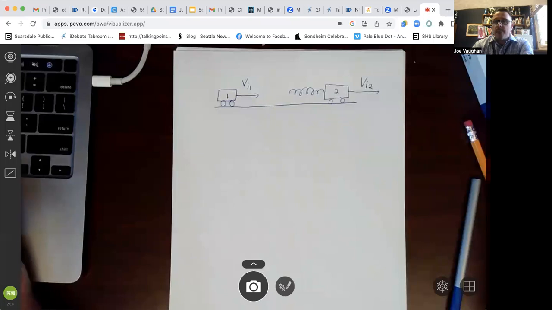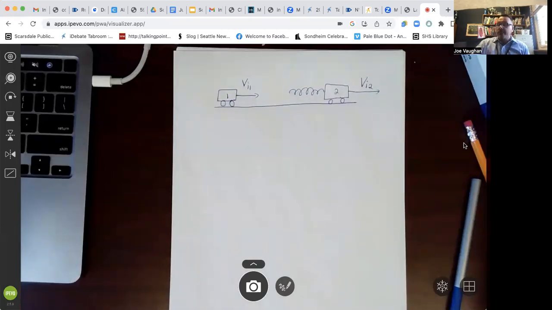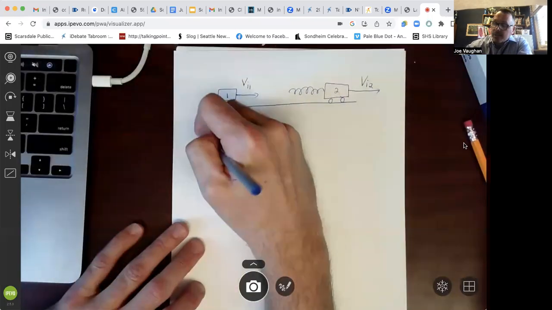All right, so we're going to continue our conversation of collisions in one dimension, perfectly elastic collisions. So here we go. Let me go to share my screen and go back to our little view there. Okay, cool. So we were looking at this, and we recognize that in a perfectly elastic collision,